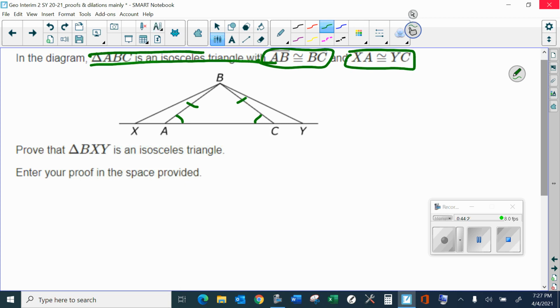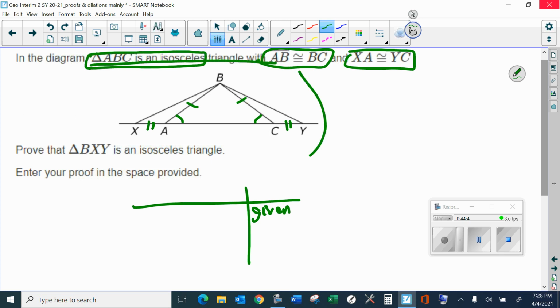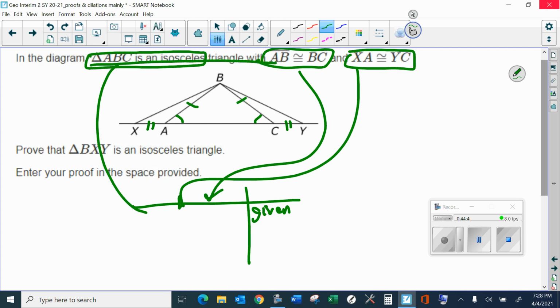all three of these are givens. I have to write down triangle ABC is isosceles. AB is congruent to BC. XA is congruent to YC. So I'm not going to write down those givens. I'm just going to write given here, but you write those down in your proof. There's nothing to draw. You actually have to write those out right there for step one. That's all step one. Step two is what I automatically write down,